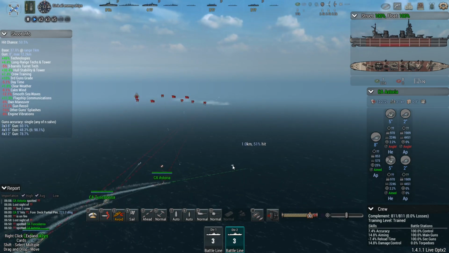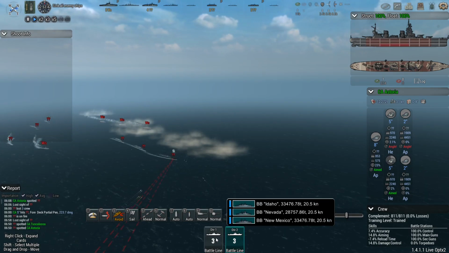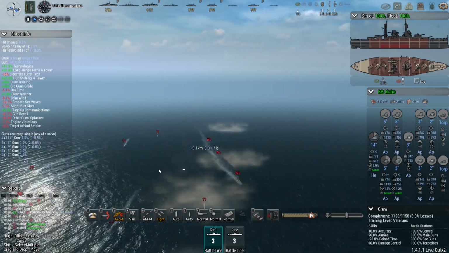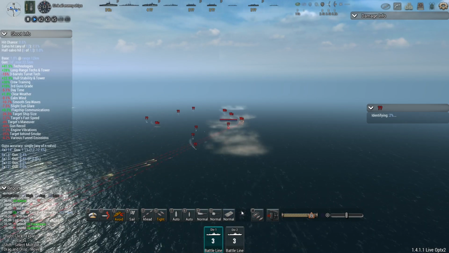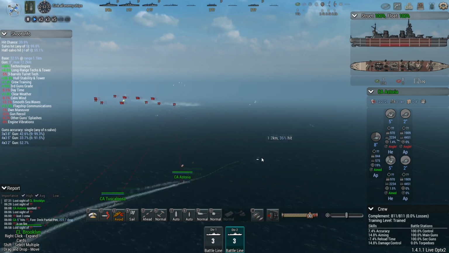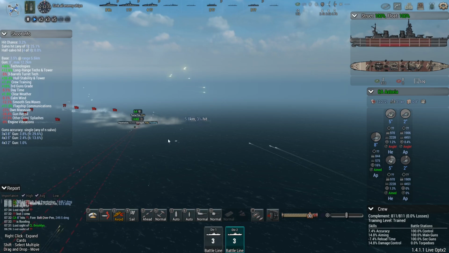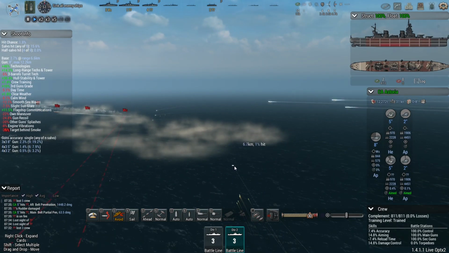We'll get the heavy cruisers to focus down the screens first, while the main line keeps unloading at the target, the lead ship. Unload at the enemy battleship, please. And the cruiser force is here to potentially deal with incoming destroyers. A couple of over penetrations there, and I think we are starting to